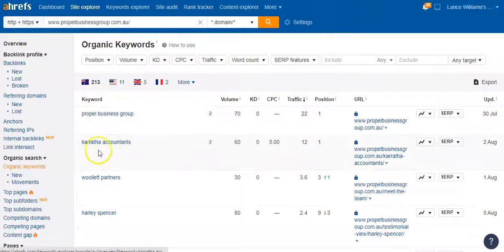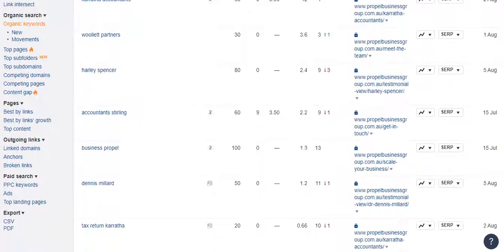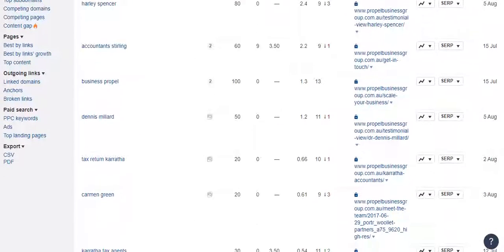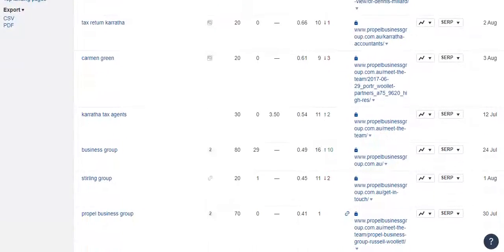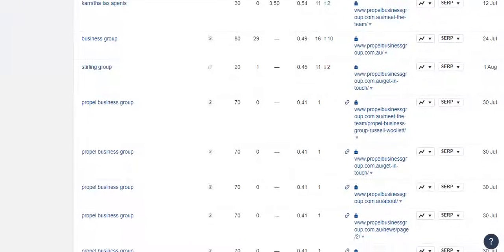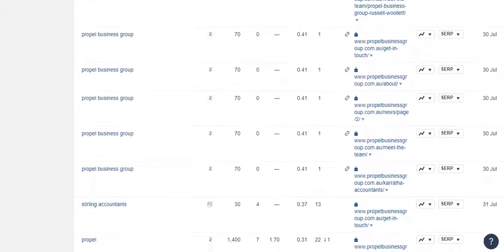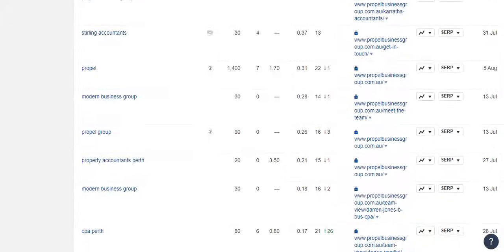you've got your name, Perth Accountants, Bullet Partners. So you've got these ones here. Accountant Stirling, that's good. Business Propel, Karratha. See, when you're talking Stirling Group, Business Group, Propel Business, there are all these ones without destinations.